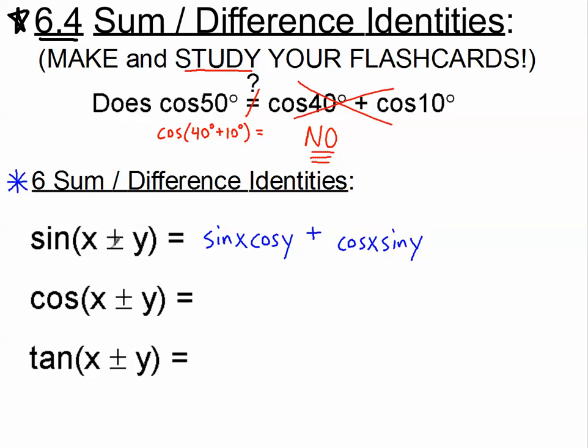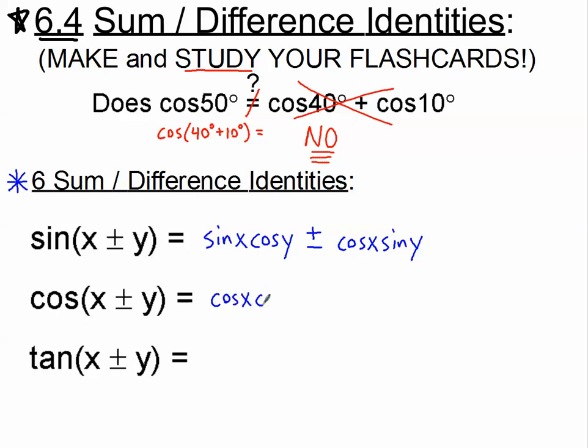The sine of a difference is basically the same exact thing, except it's going to be a difference in between your two terms. So I just like to memorize it as one chunk. Plus or minus will stay plus or minus. The cosine, if we have the cosine of a sum, that's going to be equal to the cosine of the